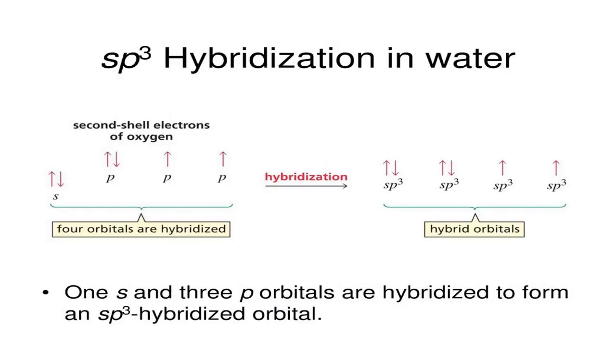Okay, sp3 in water. How to explain sp3 in water? For this, the atom which has undergone hybridization is O. What is O? Atomic number 8. Configuration 1s2, 2s2, 2p4. So it is 2s2 and 2p4. Out of 4 electrons in 2p, one orbital is full and the remaining 2 have single electrons. Now, there is no need to promote.